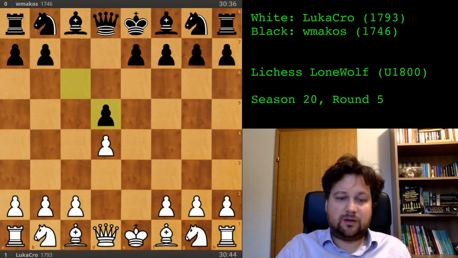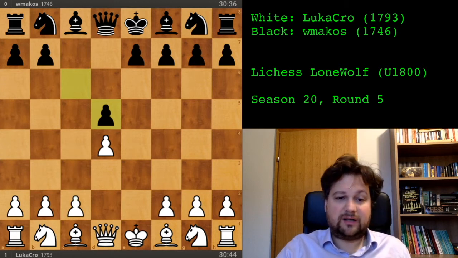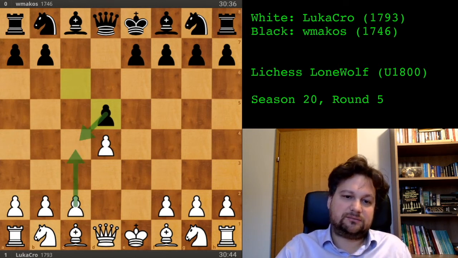And what now? Before I used to play c4, and I still play this. This is the pawn of attack. I learned it was called the pawn of attack because I submitted a game on the channel, and one of the viewers said this is called the pawn of attack. It usually leads to the isolated queen pawn position,